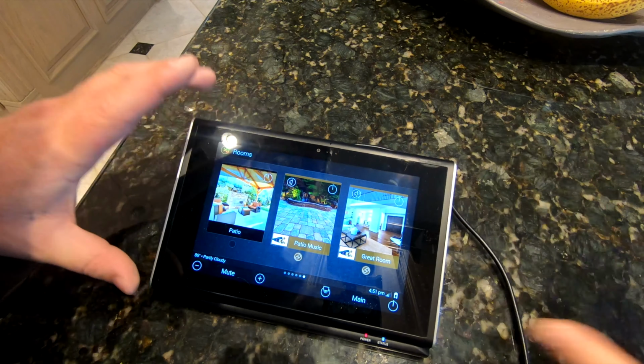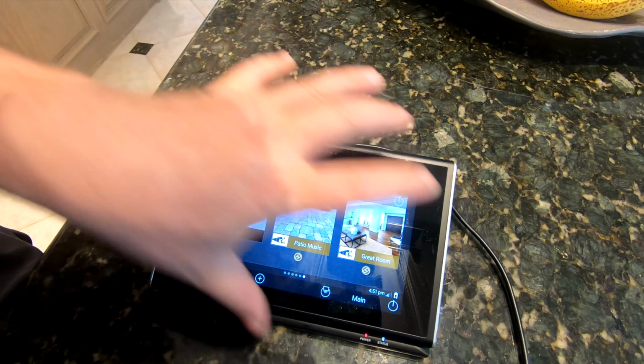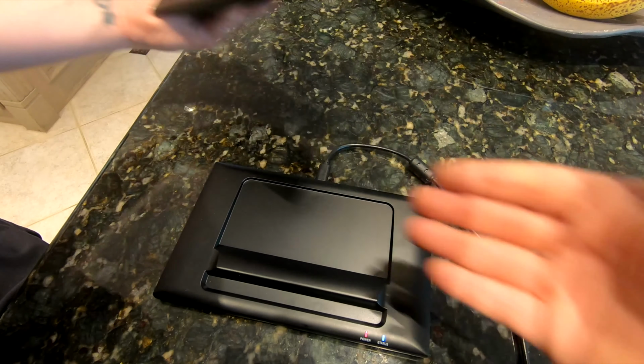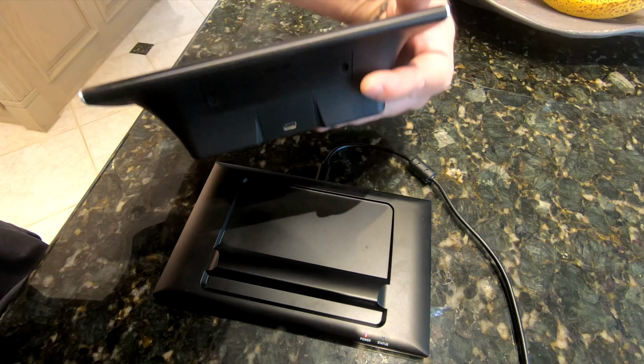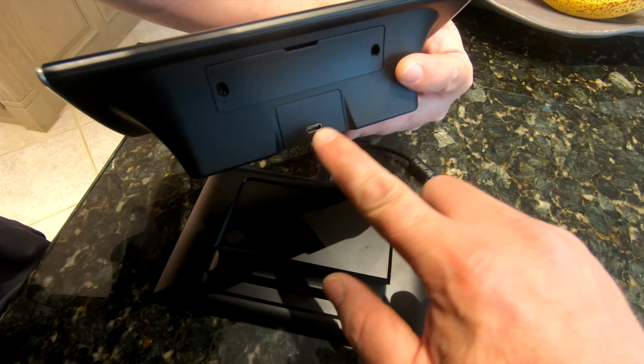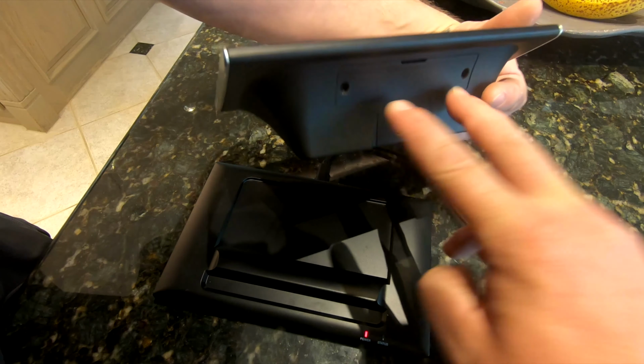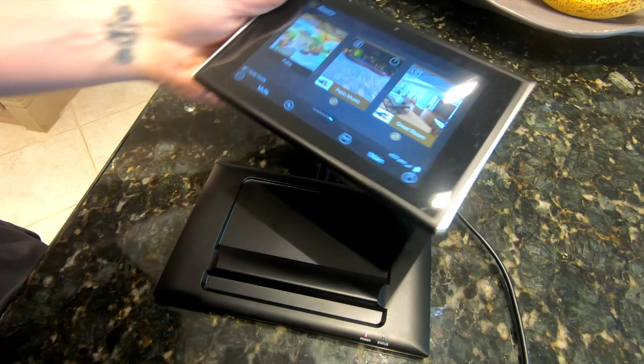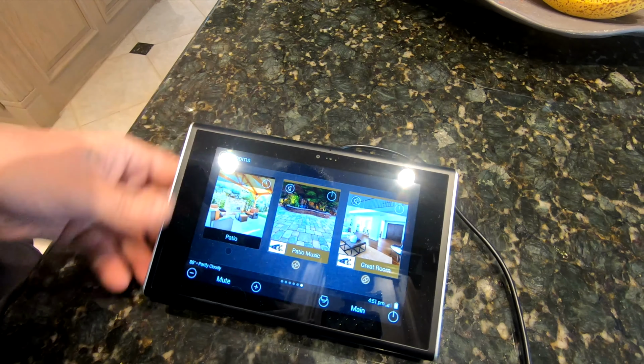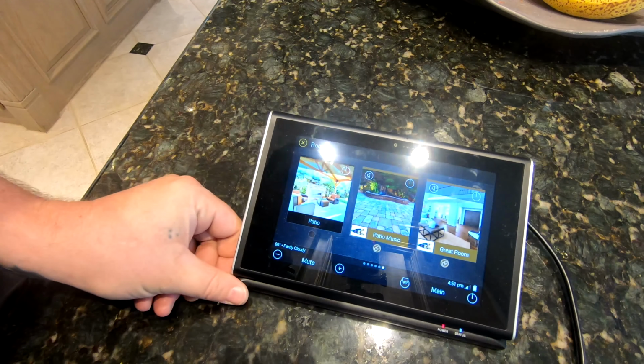It's about as big as an iPad mini, and it's handheld and has a charging base station. You can also plug it in directly with a USB-C cable, and your battery is located here. 2 small screws replace the battery if it ever goes bad. Hardly ever does, hardly ever will. But other than that,